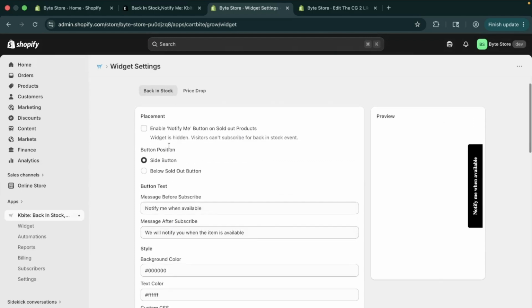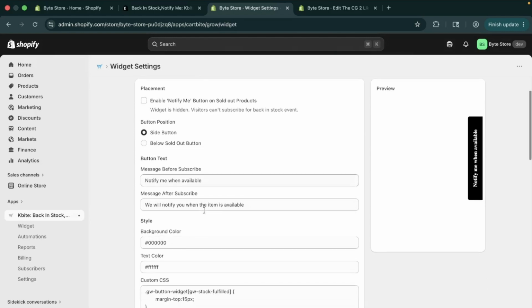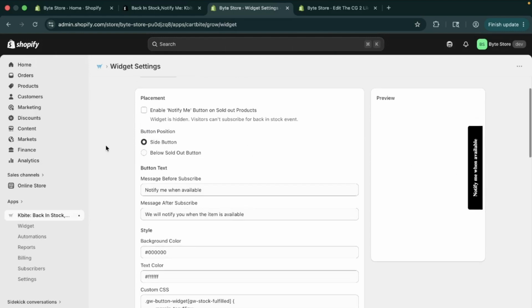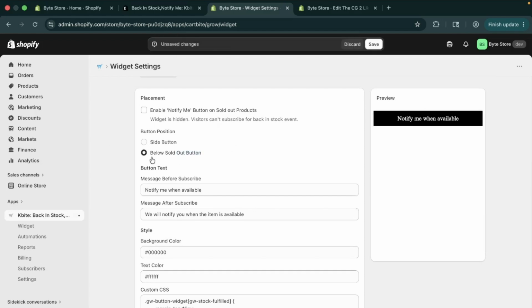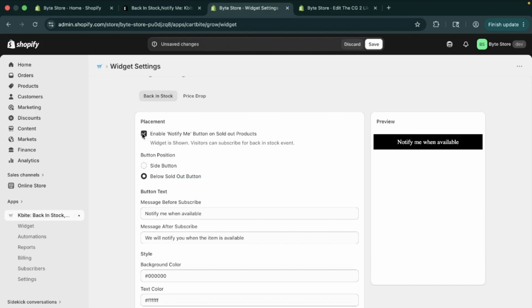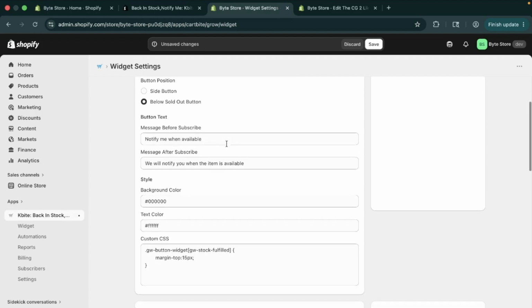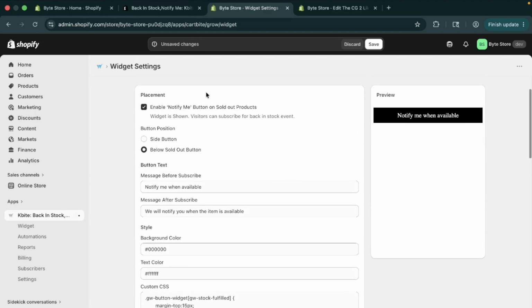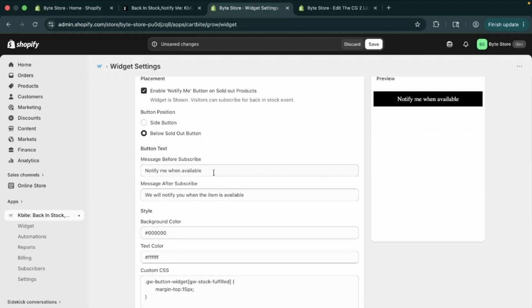Now you can see how the back in stock button is to be positioned. Either we can show it as a side button, you can see the preview. In my case, I'm planning to have this below the sold out button, and you can enable the notify me button on sold out products. Now this is toggled on, and the button text and the message after subscribe, everything you can